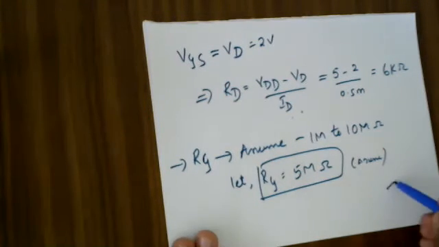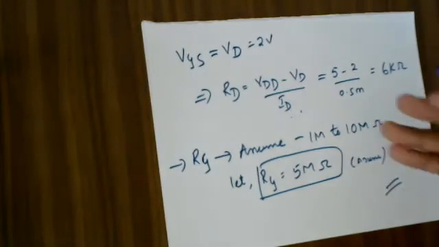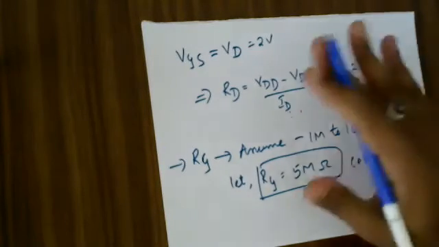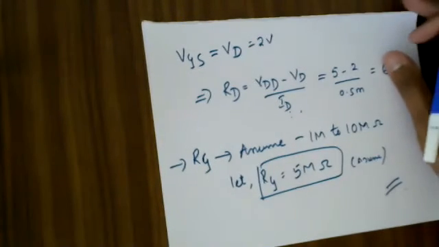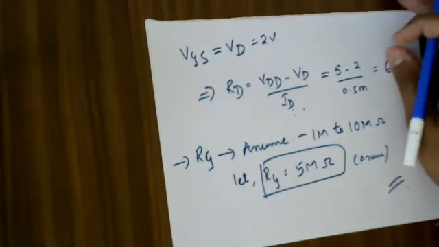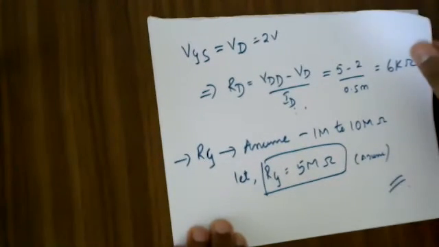Okay, so this is how the numericals are done. That's what I said. If you are able to write the equations, you should be able to solve it. There is nothing much of a circus when it comes to the numerical side of these MOSFETs and all. Okay, is it clear to you?